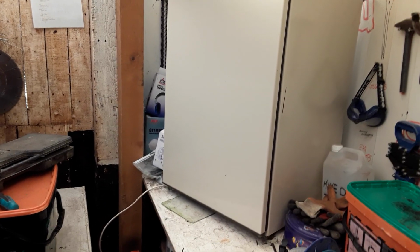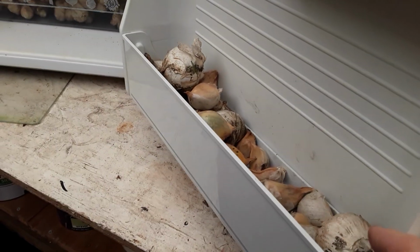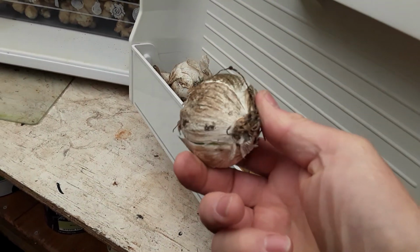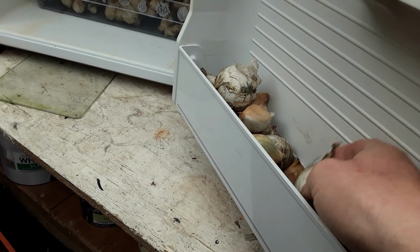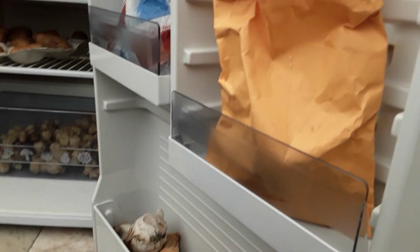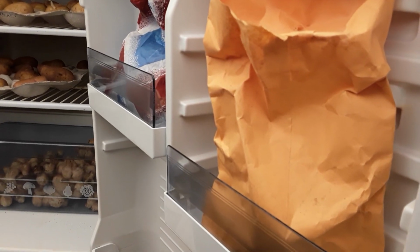I'm at home at the moment and this is the refrigerator. It's now off, and today is my seed saving video. Here we have the elephant garlic, and these are the large bulblets that we've got to plant whole. These are the garlic that William Coleman sent me,